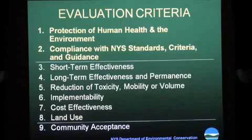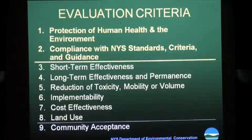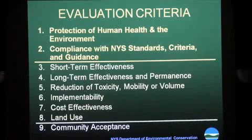All right, so when we look at different cleanup options, alternatives, these are the criteria that we use. We want to have some idea when preparing them, some kind of standards here, and they're listed on this slide. The first 2, we refer to them as threshold criteria. These 2 need to be met in order for us to further consider that option. The next 6, we refer to them as balancing criteria, really looking at the positive and negative attributes associated with each, and then we do just a simple